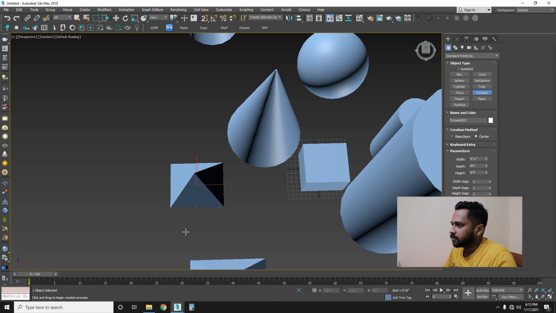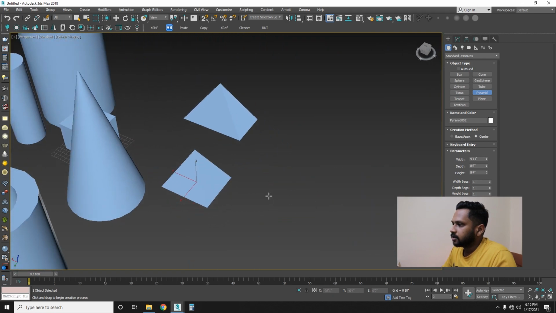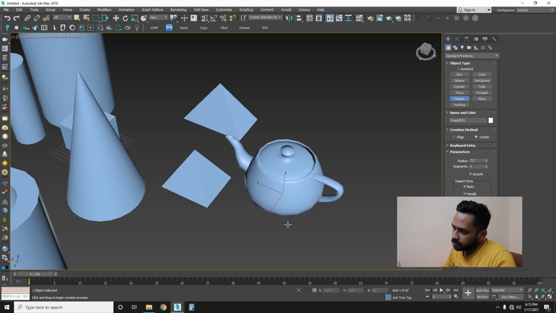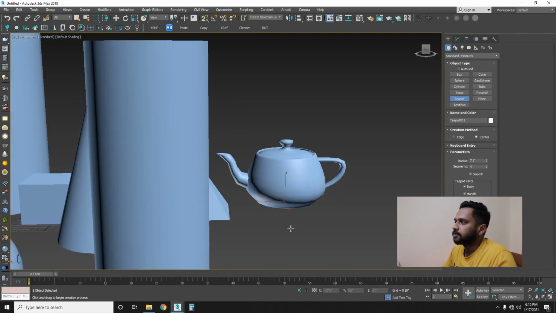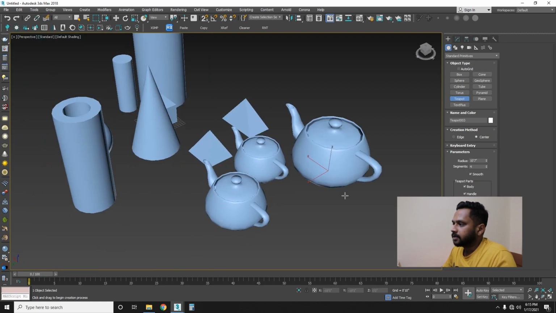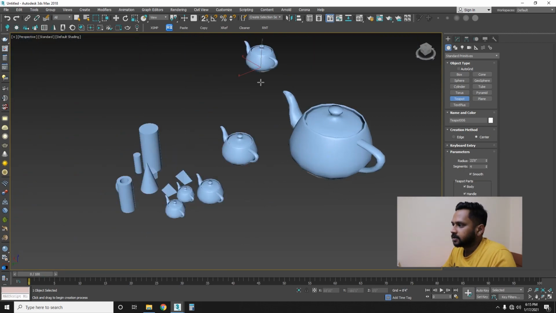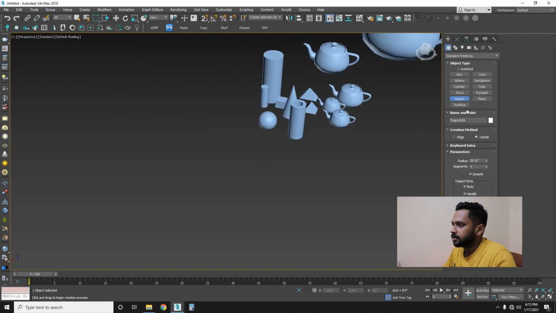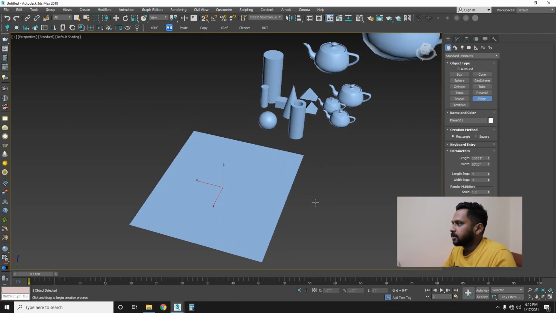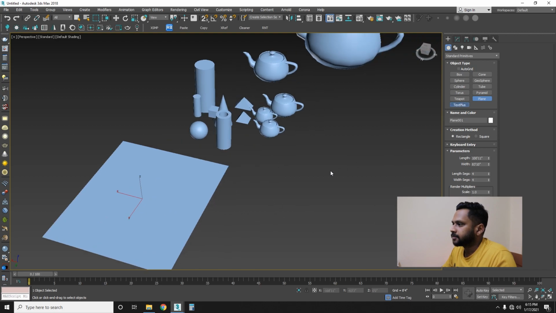I'm just dragging the mouse. This is all basic modeling parameters, the way you have to do it. The teapot is already there, just click and drag, it will come. How many teapots you want, you can draw. And plane,